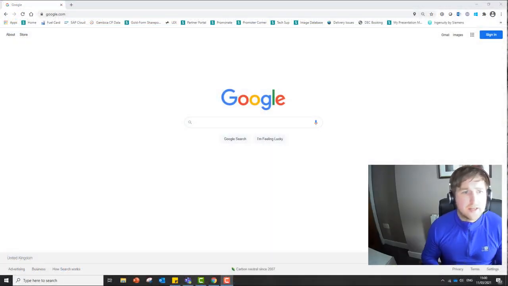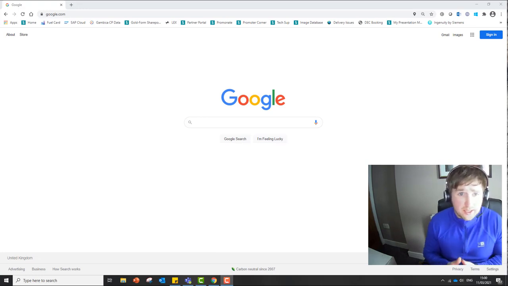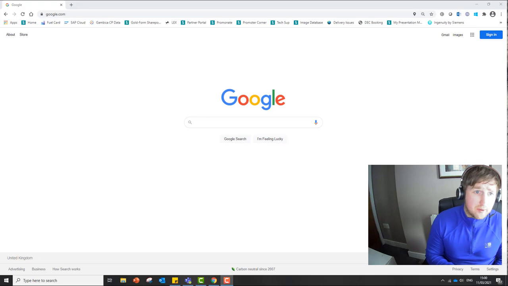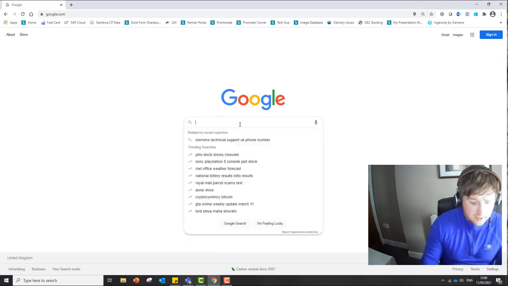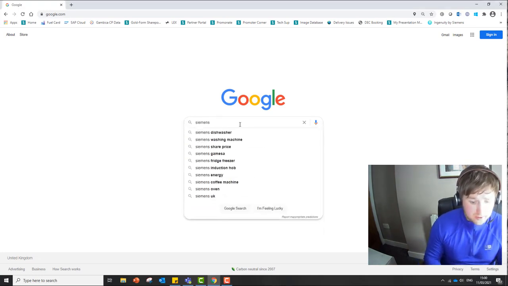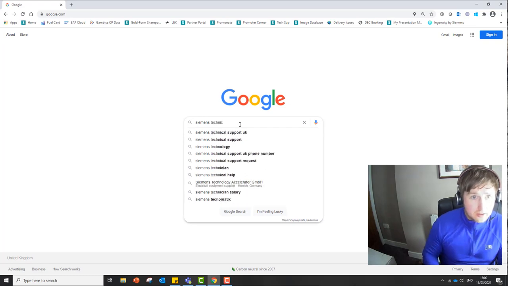So in this next stage, what I intend to do is to go into the technical support website and try and gain access to what's known as a HSP, which is a hardware support package, and hopefully we can then draft that into TIA portal, and then it will provide us with the products which we're seeking in the hardware library within SIMOCODE ES. So if we go into Google and type in Siemens technical support UK,